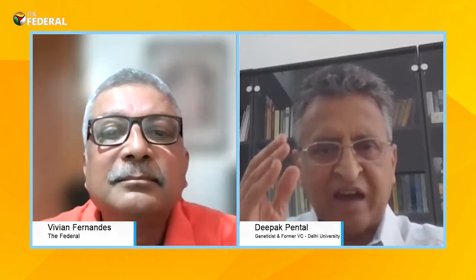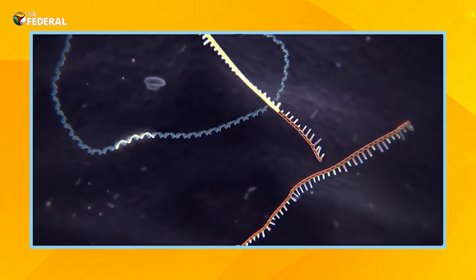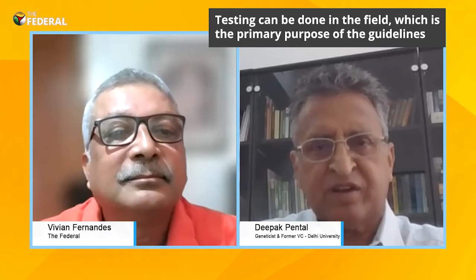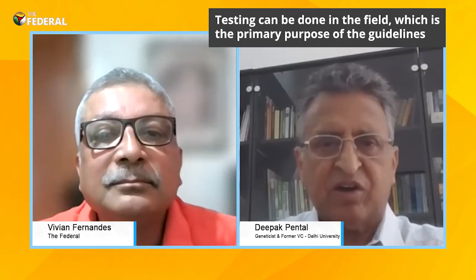Here we have targeted a particular gene. It's much more accurate. It's much less destructive to the plant. And you can just take the plant outside after you have removed the construct which provided you that mutation, and then you can test it in the field like you do with ordinary mutagenesis. And that is the spirit behind the notice that the government issued, that gene edited plants, after their confinement period is over and the external DNA has been taken out, will be treated like the normal mutagenesis process and will be part of the normal breeding procedures. So the government took an excellent decision,